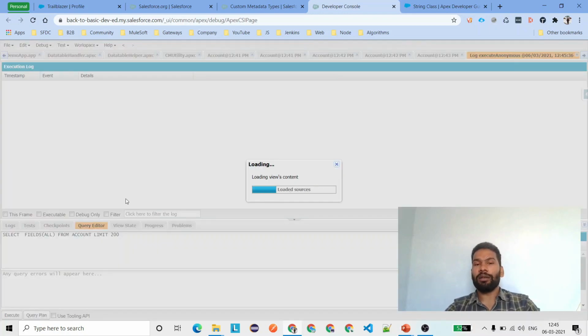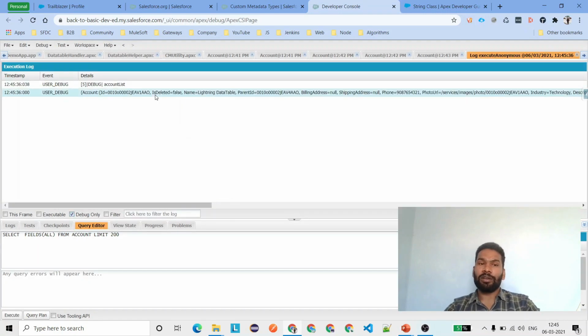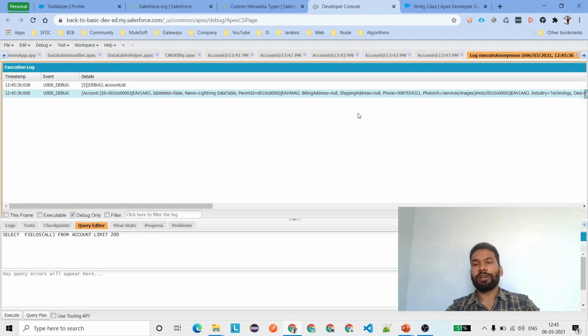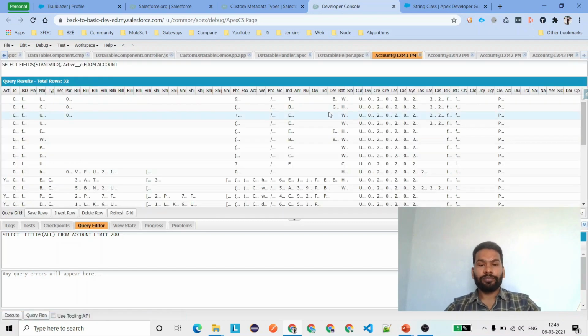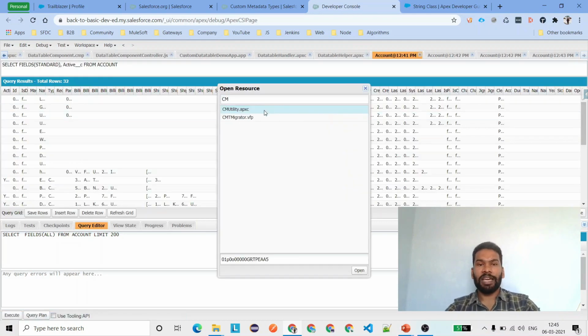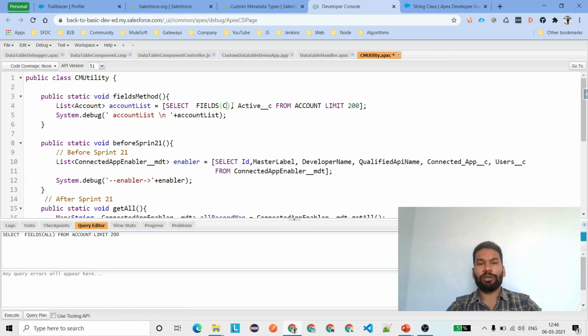You're not getting any error. That means we will be able to see all the records, with the values of the standard fields and the only custom field we have mentioned. Now let's try to execute. I'm sorry, I accidentally closed that class. Yeah, we have it here. So now what we will try to do is use some standard or, basically, custom. We'll see what we actually get over here. We'll try to save it and we will get the error under the problems section itself.